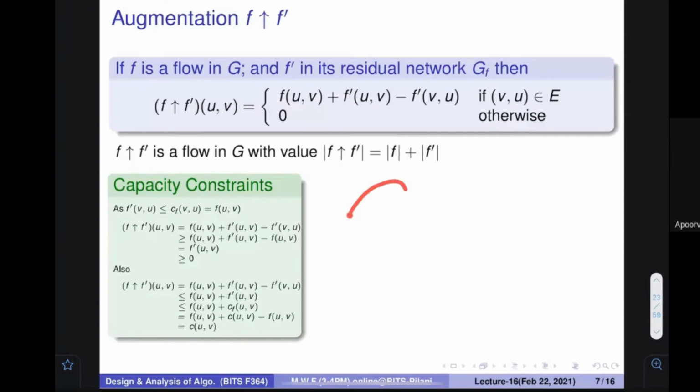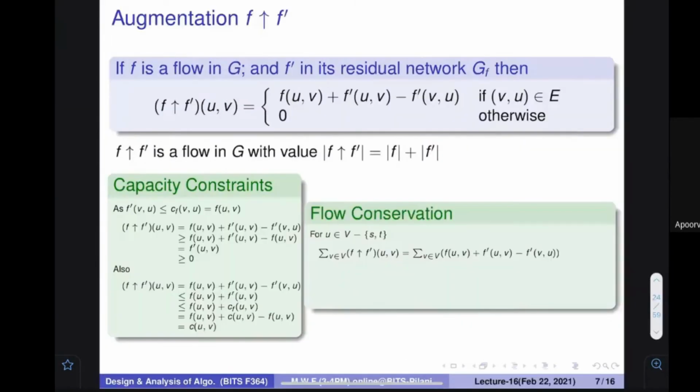So in our network, two things we have seen. Whenever there is a flow, by doing this augmentation, it is positive, at least greater than zero. It is never negative. Second, we have seen that the value is actually upper bounded by the capacity. The third thing that we wanted to say is flow conservation, that from UV and VU, all these things should be the same. Flow conservation should also hold, because if flow conservation gets disturbed, then also we would be in a big problem. Let us see this flow conservation.